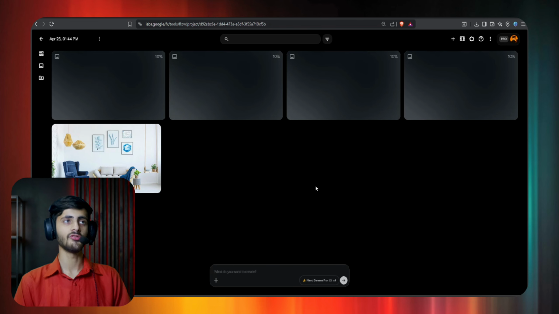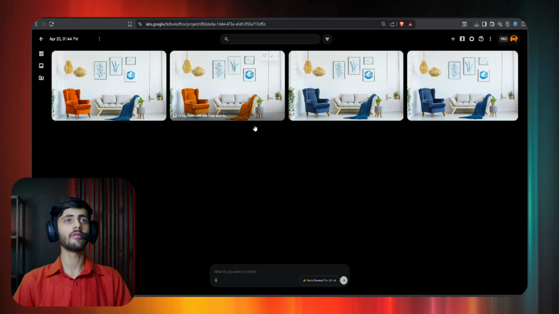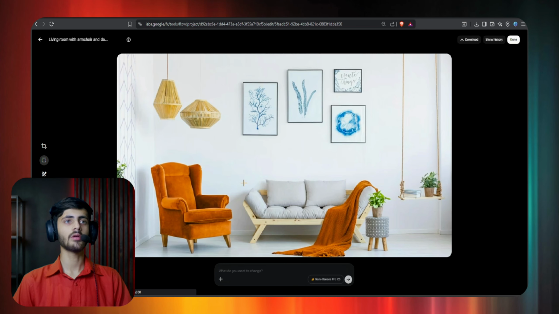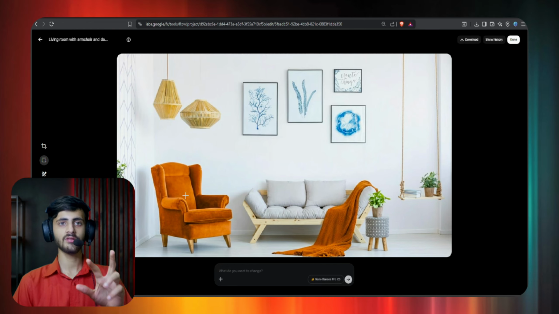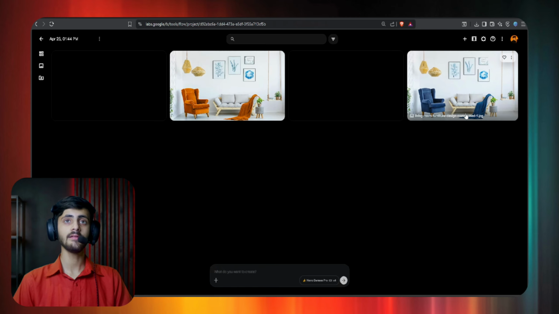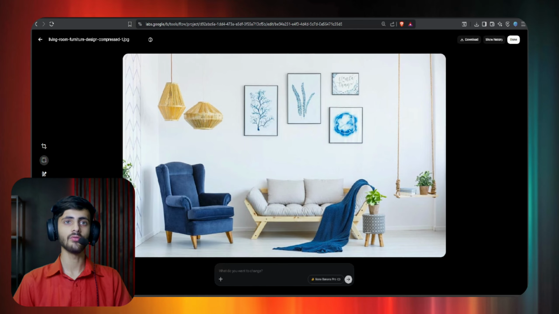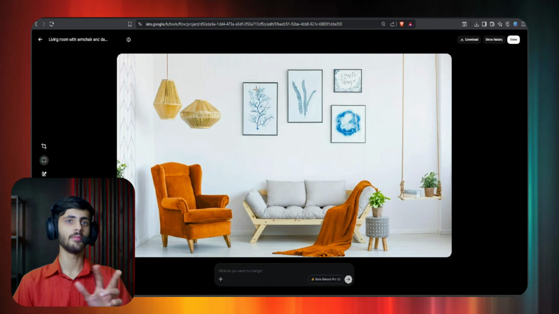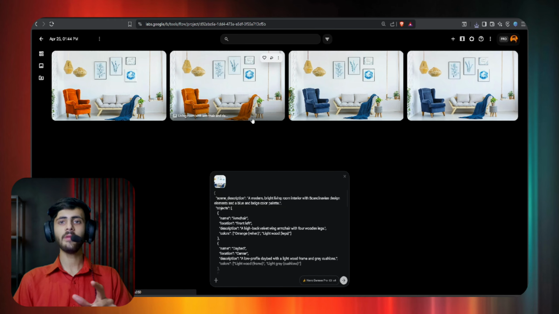Let the Nano Banana generate our images. Here we got our images back. If I look at the image here, you can see I was able to edit the color of both objects completely for free and also accurately, and everything else is as it is in this image. As you can see, it only changes the color of the both objects I asked for. By this method you can edit your images very accurately.